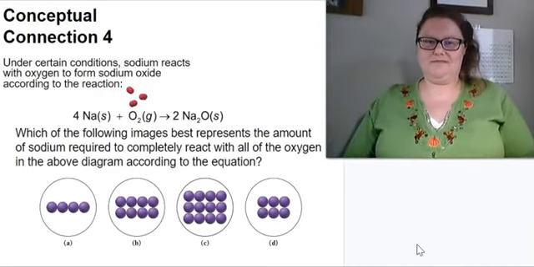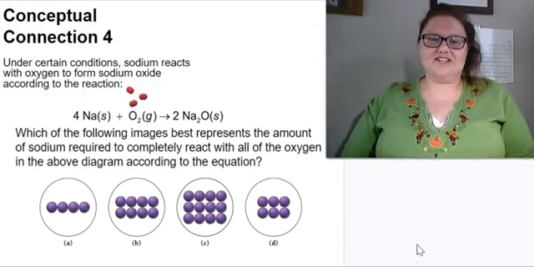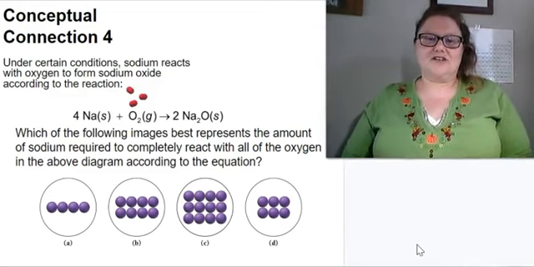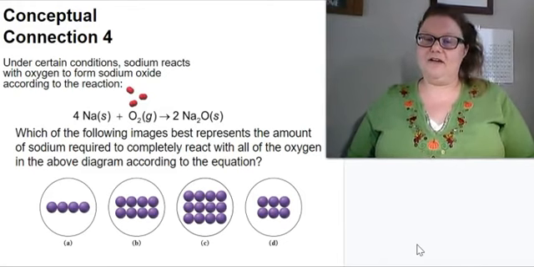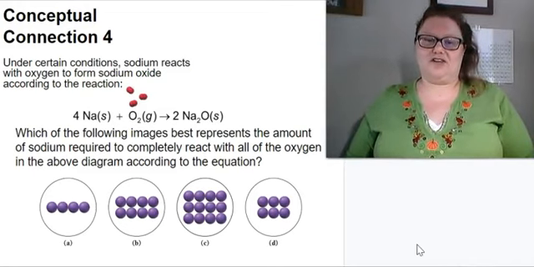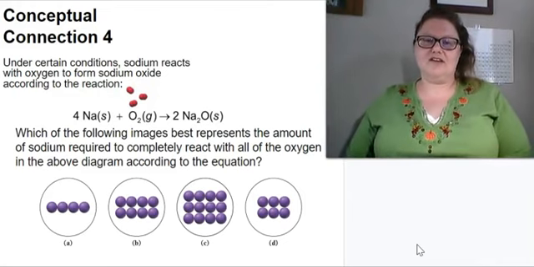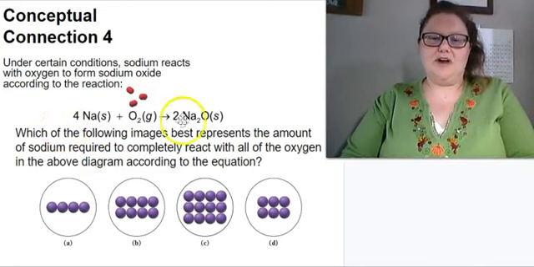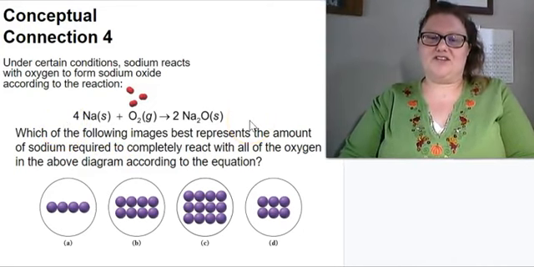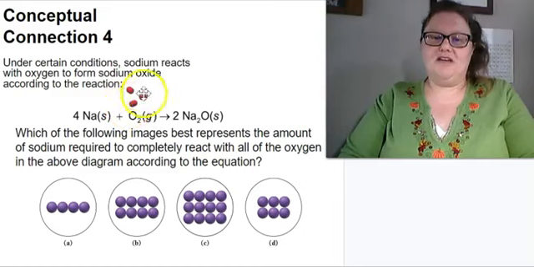Conceptual connection number 4. Under certain conditions, sodium reacts with oxygen to form sodium oxide according to the reaction. And you see that it's already balanced. Which of the following images best represents the amount of sodium required to completely react with all of the oxygen in the above diagram, according to that equation? And so what this means is you can see the red oxygen molecules that I have above the chemical equation. So we have our chemical equation that's balanced, and then I'm giving you a situation where we have 3 molecules